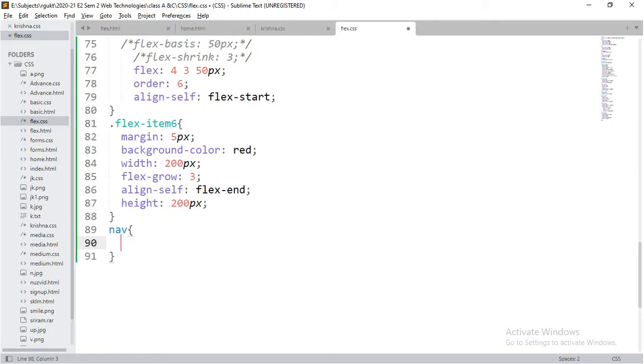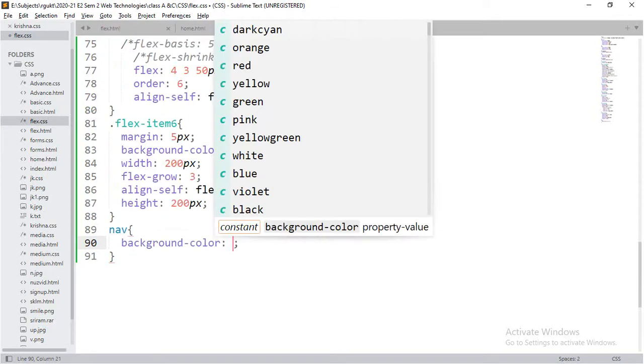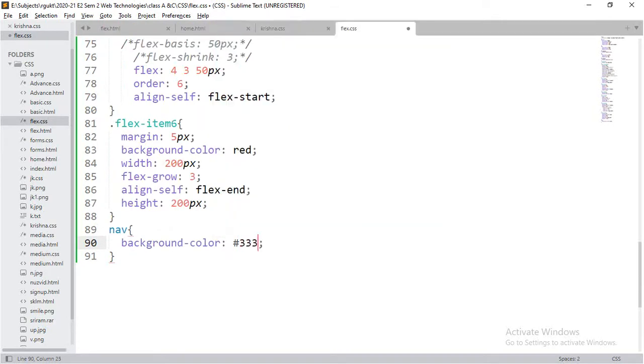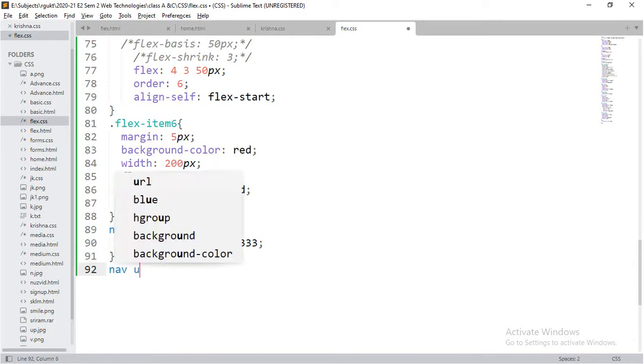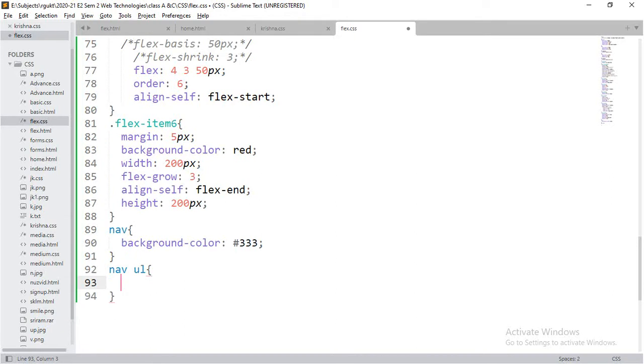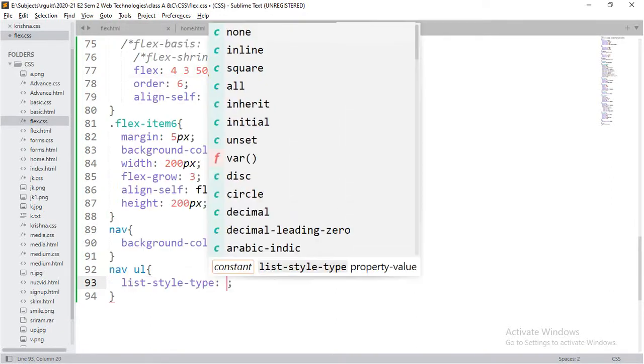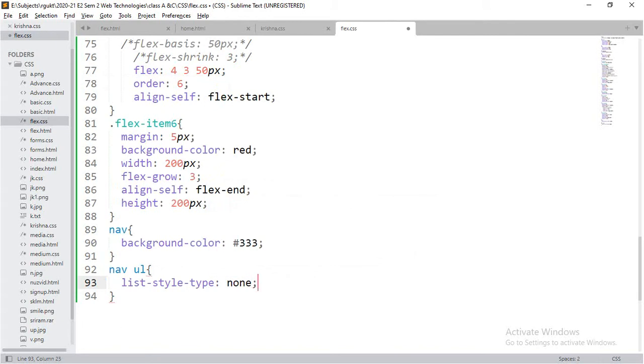First, I'm going to define the background color as a light hash triple three. For the unordered list, I need to remove the bullet symbols. That is why I'm taking list-style-type as none.